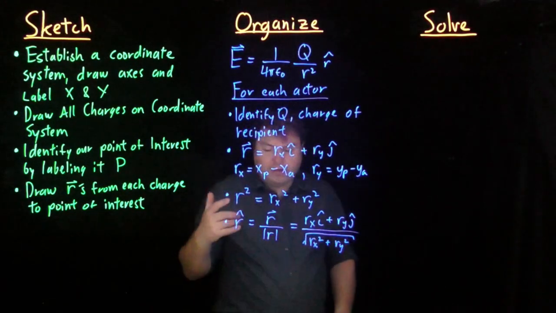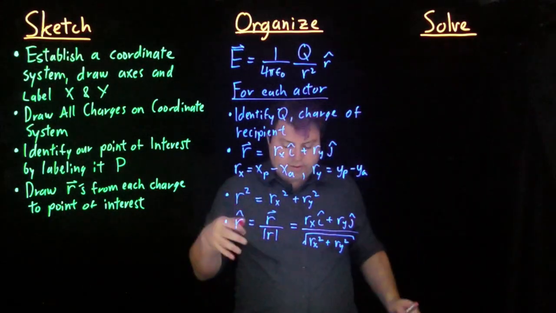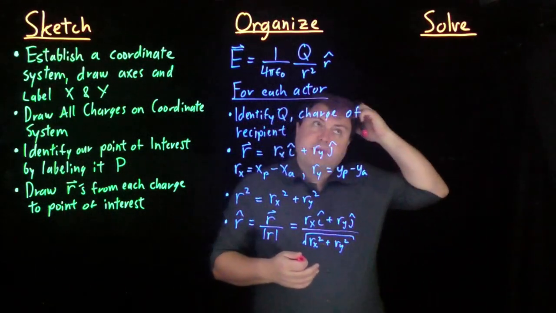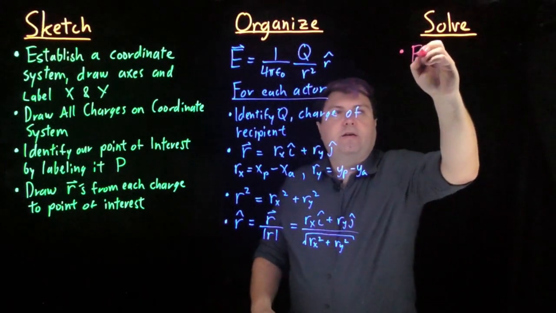This so far should be looking very, very similar to last week's discrete electric forces because it's pretty much the same thing. So for our solve, we are going to find